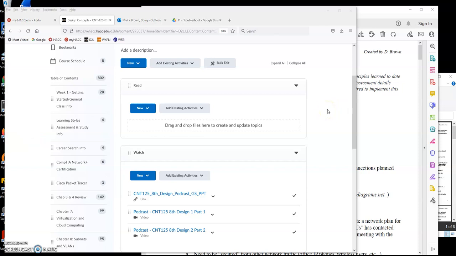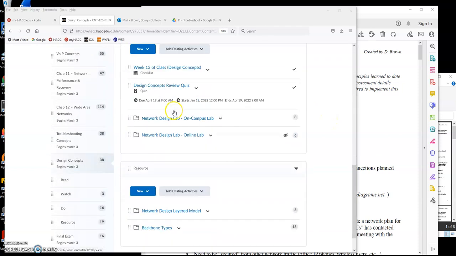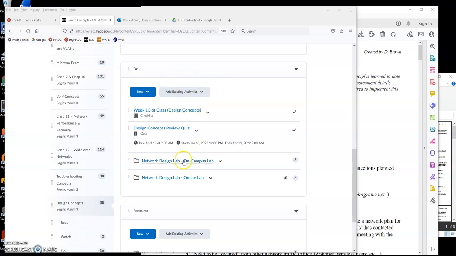Alrighty, CNT125, our design lab. Let's take a look at what we need to do. This first podcast is going to be kind of an overview of what we need to do to tackle our design lab. First thing, in our design concepts folder, down in the do area, we're going to open up the